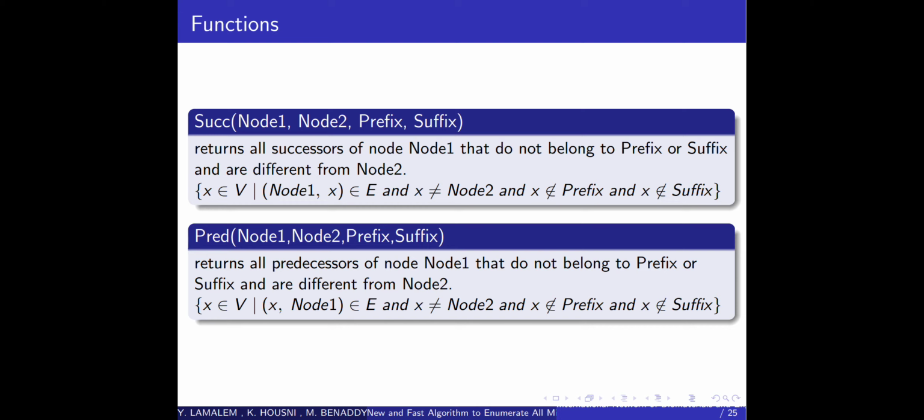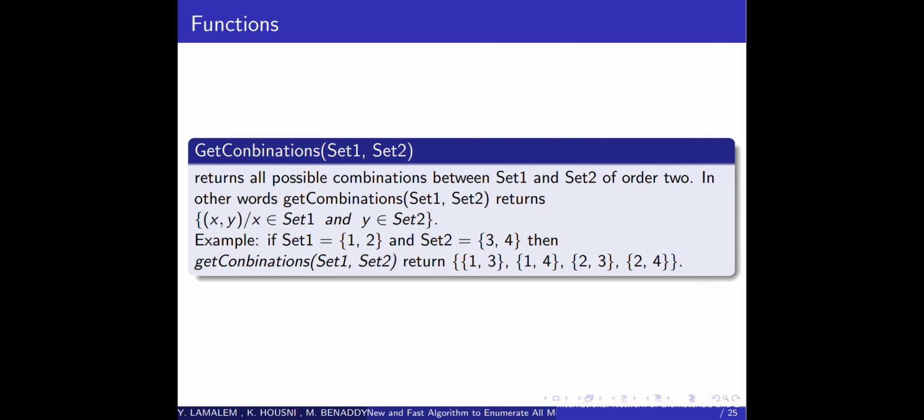The second function is called predecessor. It accepts the same arguments as the successor function. It returns all predecessors of node 1 that do not belong to the prefix or suffix and are different from node 2. Then we have the last function, called get combination, that accepts two sets, set 1 and set 2. It returns all possible combinations between set 1 and set 2, in order. In other words, get combination of set 1 and set 2 returns